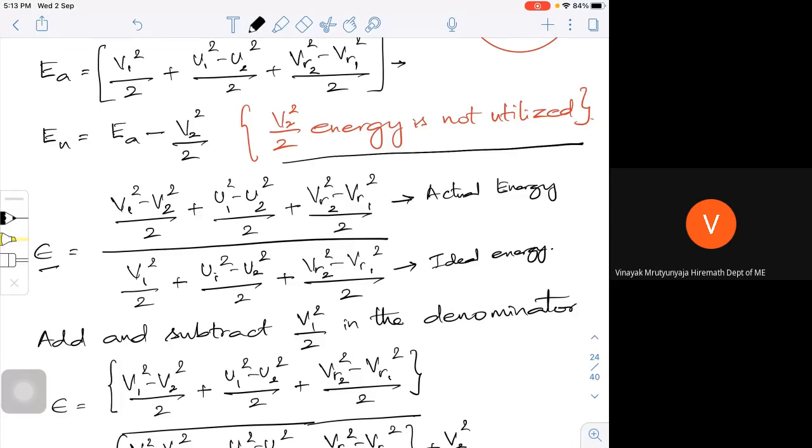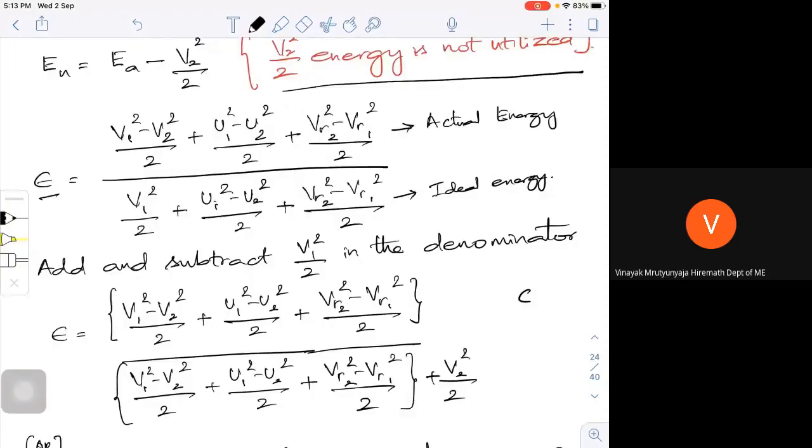What we try to do is reach 1. So epsilon is also very similar to your degree of reaction. This number should be equal to 1, so we want it to be as close as possible: 0.98, 0.95. A well designed turbine will have a utilization factor of 95%. So 95% of the energy that is available at the blade is utilized or able to be converted.